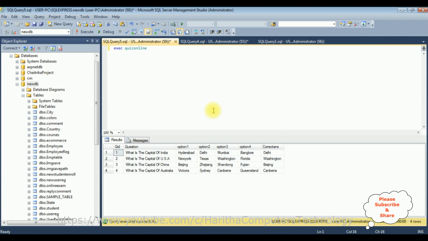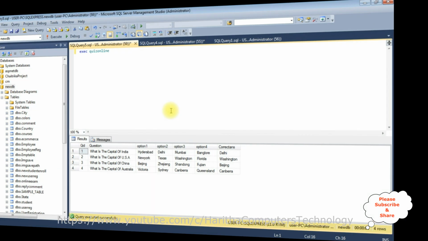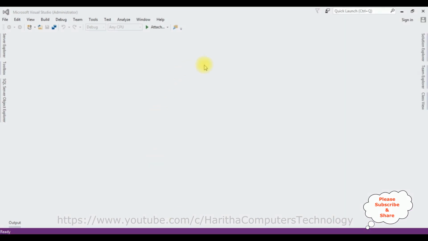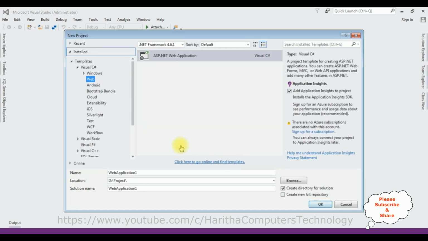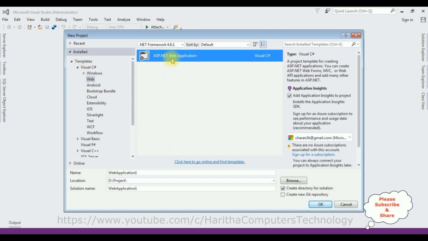Displays the data. After creating a table and stored procedure, now we'll create a new project in Visual Studio. For this video tutorial, I'm creating a new MVC application. Go to File, New, Project. And from the web templates, I'm selecting ASP.NET Web Application. In the .NET framework is 4.6.1. The application name is